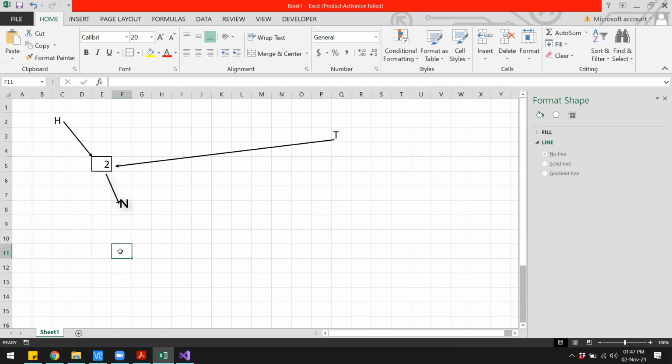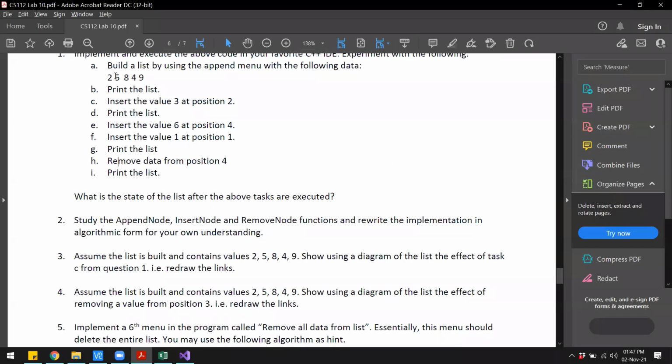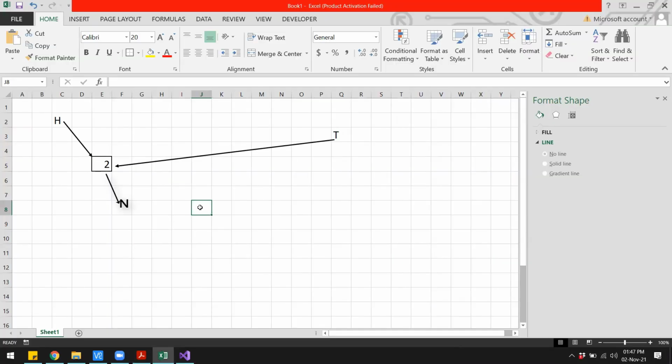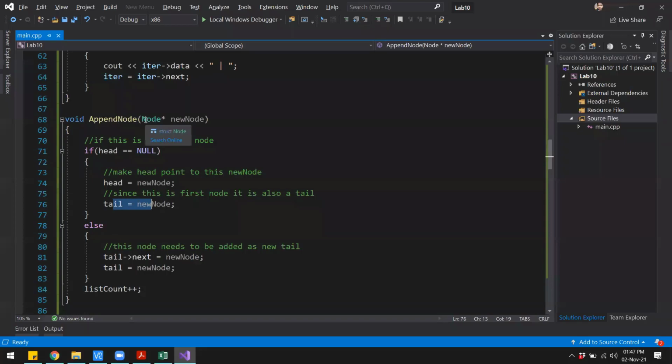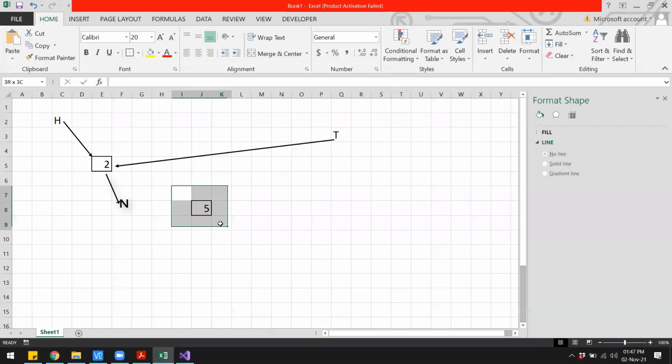The other case could be if there is some existing node in the list and you want to add to that list. So you will call the function again, and now let's say you want to add number 5. So you create a node and pass that node to the function with the value 5. So this particular function is going to receive a node, something like that.